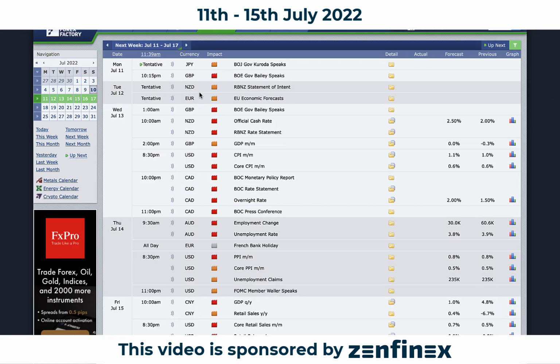Okay, and if we go on to this week, you can see straight up on Monday, we have BOJ Governor Kuroda speaking. Tentatively, right now it's on Monday, and of course, we have the Bank of England Governor Bailey speaking as well. So I think there's a very high possibility they are addressing the issues that happened as I mentioned. So there might be some volatility in terms of the yen as well as the pound. Do take note of that, and if you're trading those two currencies, have in mind what are some things that have happened recently too.